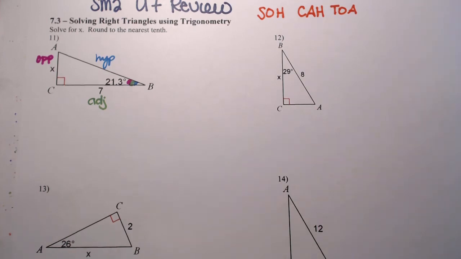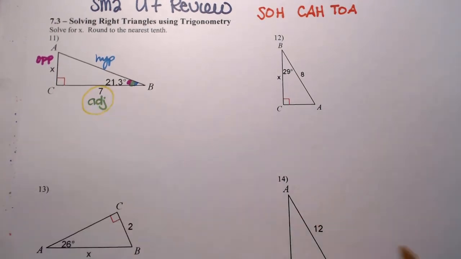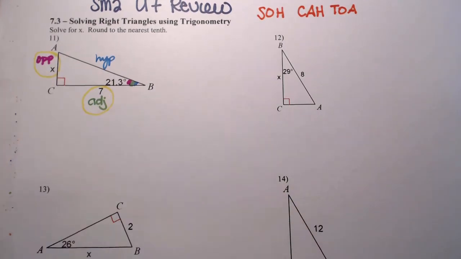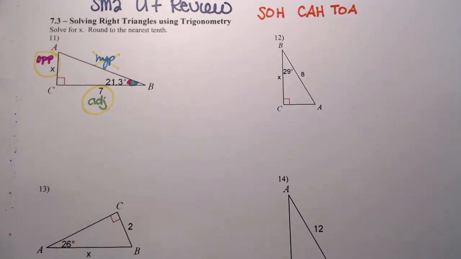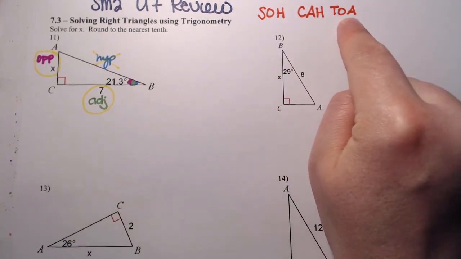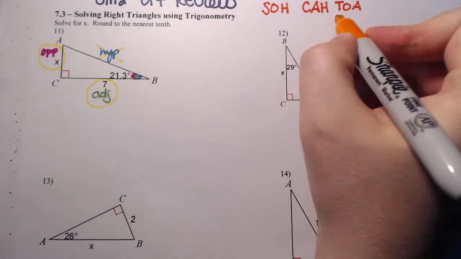Now when I'm solving for x, basically I want to use either information I'm trying to find or information I have. I have the adjacent side. I want to find the opposite side. So I don't care about the hypotenuse at all. So I need the trig function that uses only opposite and adjacent. That's opposite and hypotenuse, adjacent and hypotenuse, opposite and adjacent. So I want tangent. So my statement is tangent